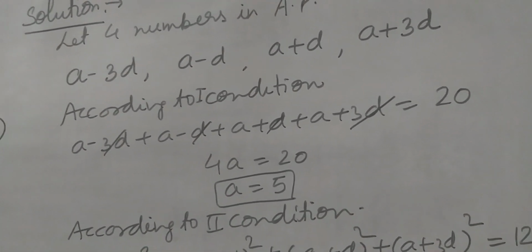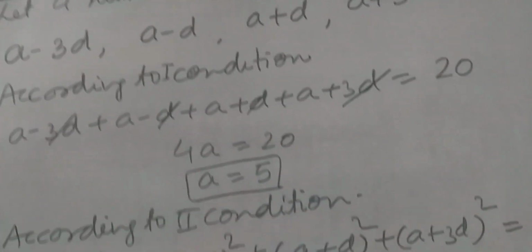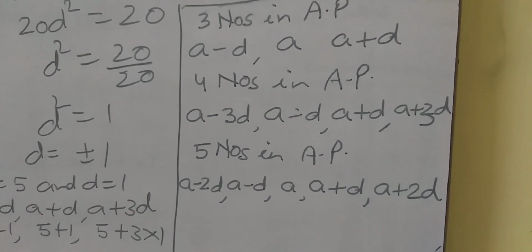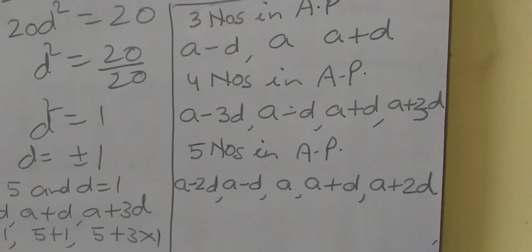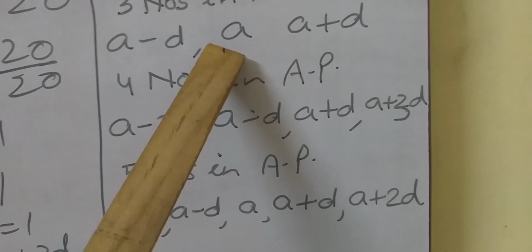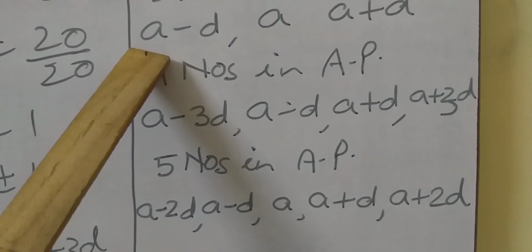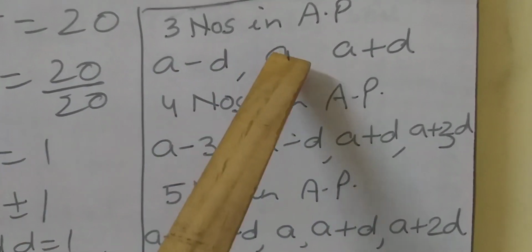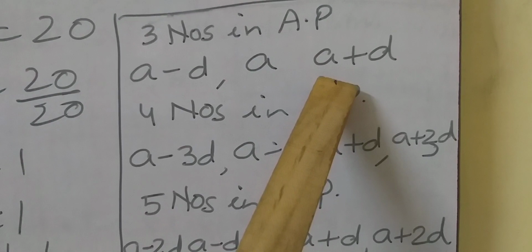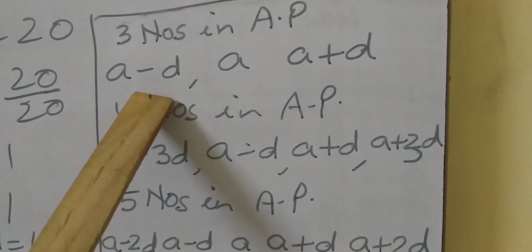Why are we taking these 4 terms, students? So remember the method. Let us discuss. When you have to suppose 3 numbers in AP, so 3 is odd, student. So we will start from A. Okay, and the common difference is D. So first we have to subtract D from A, then we can get the first term, and then we have to add D to A, we get A plus D. So when 3 numbers are in AP, we will suppose them A minus D, A, A plus D.